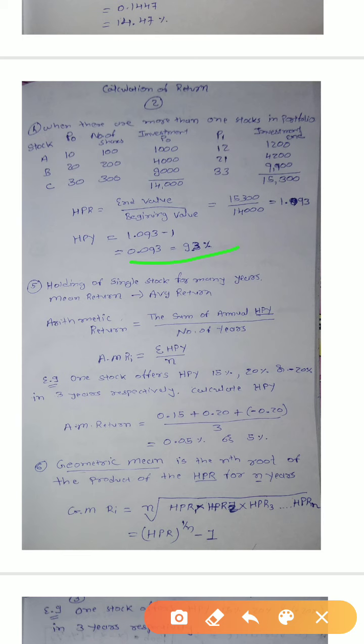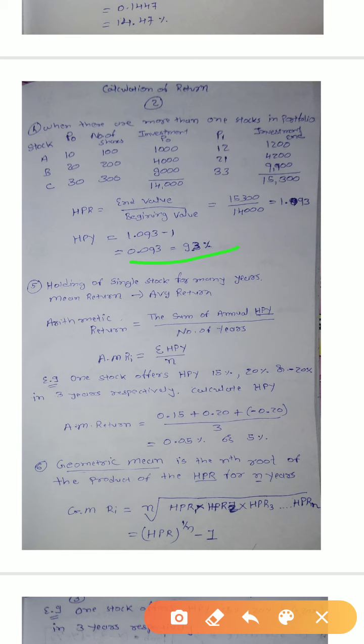Now we come to real life. In real life, if we talk about the words used by analysts, or when we go through some recommendation, we find the phrase that on average the return offered by this stock is so and so. So now we come to know about the calculation of average return. When we talk about average return, we have two types of average, the arithmetic mean and the geometric mean.